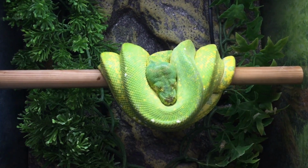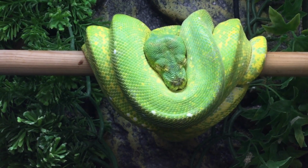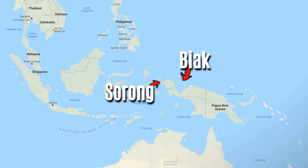As far as I'm concerned, you've basically just gotta love green tree pythons. It's actually a hybrid locale between a Biak and a Sorong. I'll put those names up on the screen in case I've completely butchered them, but either way, this is just